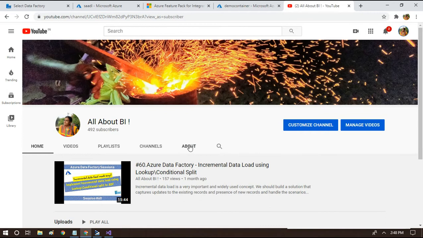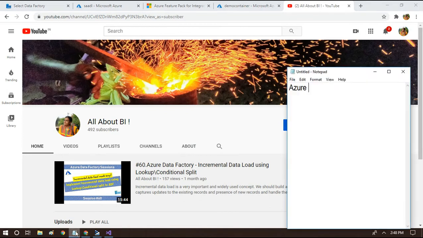Our requirement is quite simple. We have an Azure Data Lake or Blob Storage path, in which we have a flat file, or any kind of file basically. For this experiment, I'm taking a simple flat file with just two columns: column 1 and column 2, and the data I have is value 1 and value 2. So this is the content of the file.